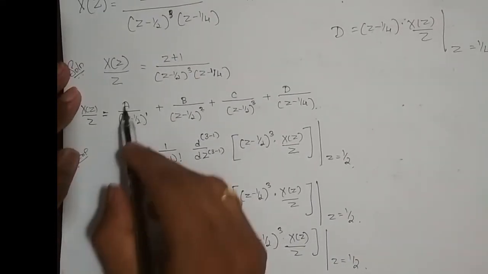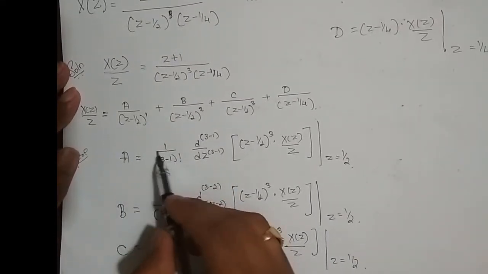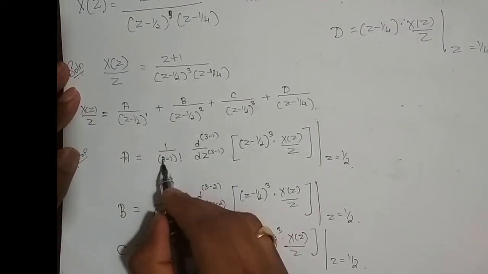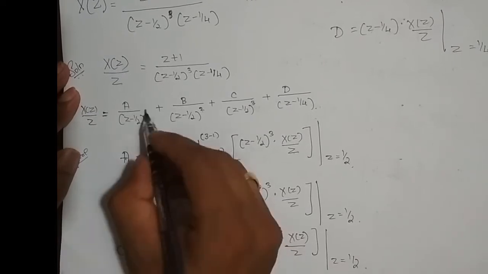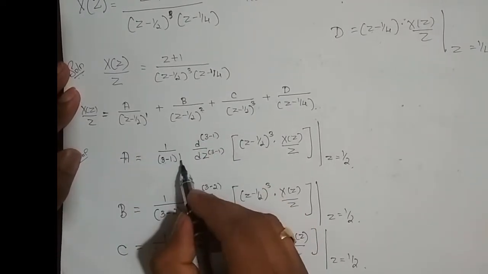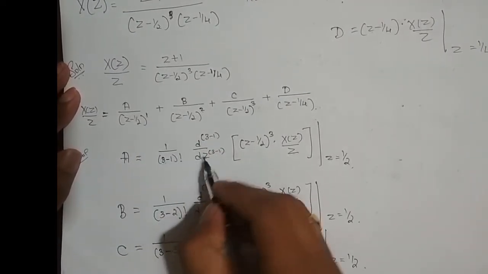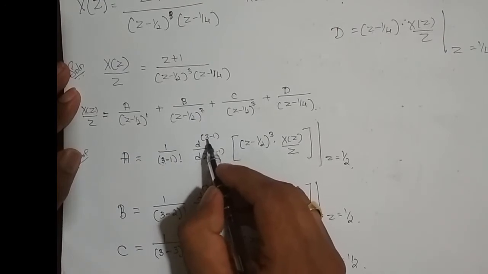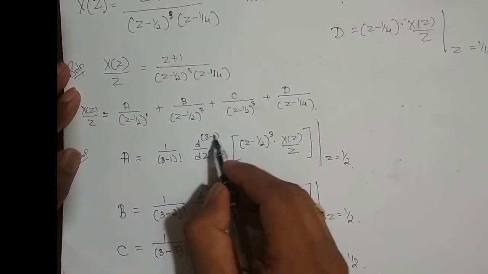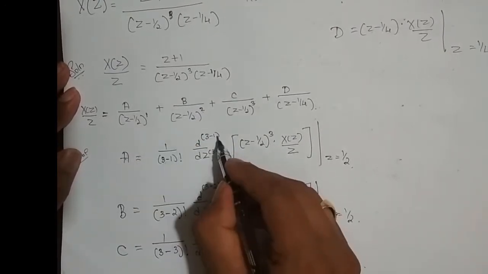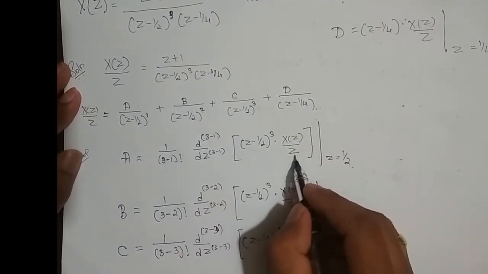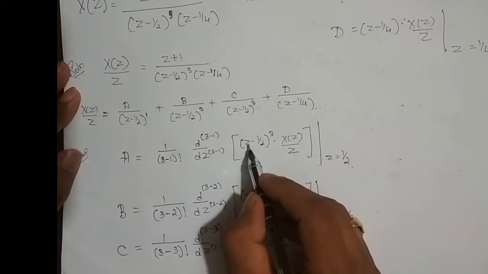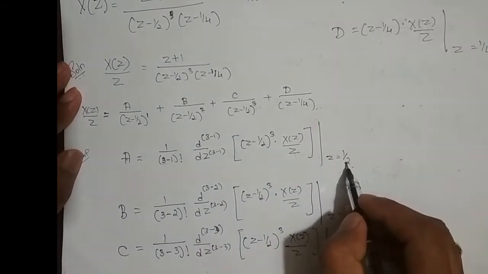So in order to get a, it is nothing but 1 divided by 3. Why did I put 3? Because the roots are repeating 3 times. Minus the power of this, which is 1 factorial, into d by dz of, again 3 times the roots were repeating, 3 minus this power, which is 1. So that many times I need to differentiate this part at z is equal to, for what value of z this goes to 0, that value I have to put here.